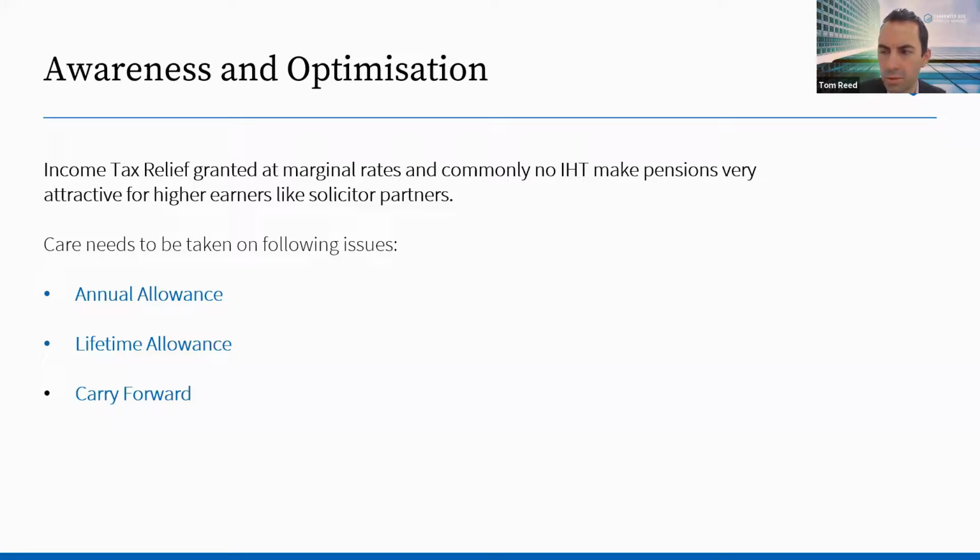There's no inheritance tax or tax issues on interspousal gifts. Of course you need net relevant earnings to support contributions, but in terms of actually funding them, you can be proactive between spouses, deploying that capital to make use of pension allowances annually and lifetime allowance. Finally, carry forward allows us to